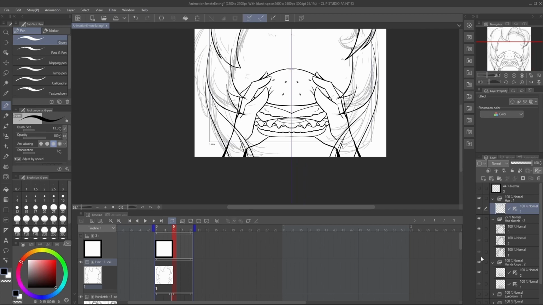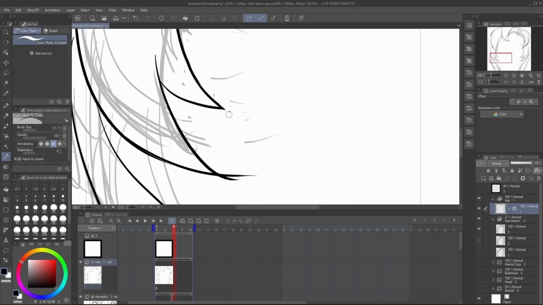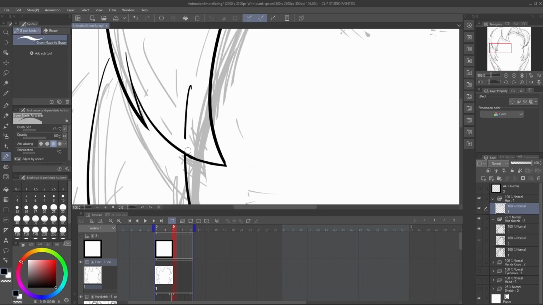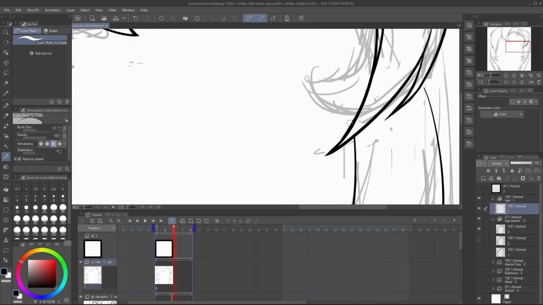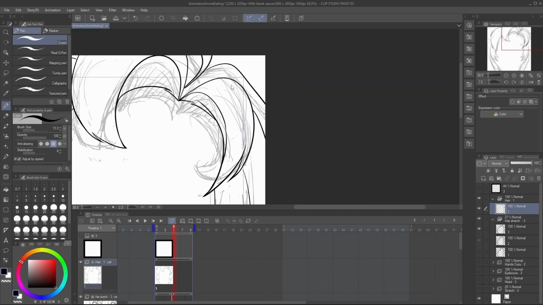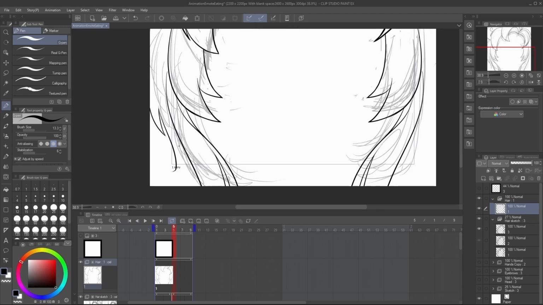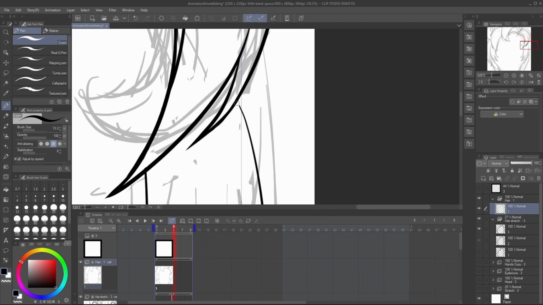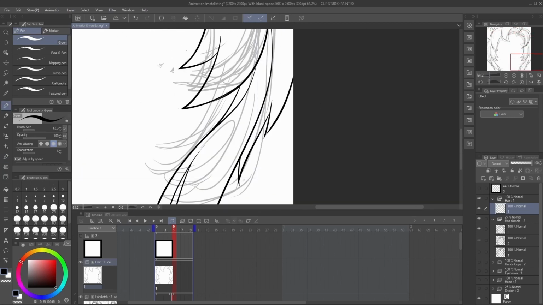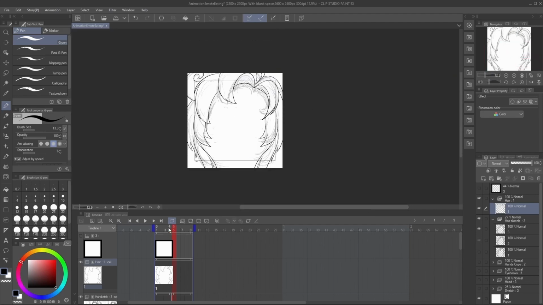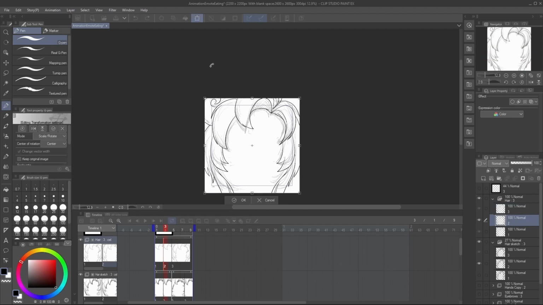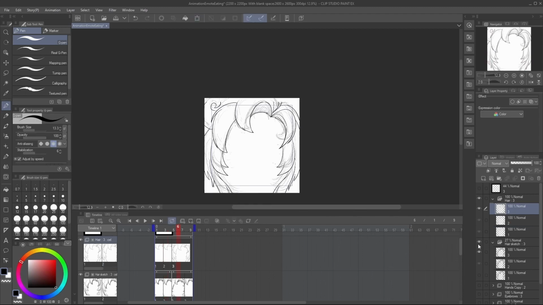So again, I dragged and dropped the symmetry ruler on this layer, and when I'm done with it, I will actually delete it. Just the ruler, not the canvas. And just go around and repair every possible mistake you have with the symmetry ruler activated, or vice versa. And here I'm just closing in the gaps, just so I can have an easier time when I'm going to color it. And when I'm done, I again duplicate the layer, rename it, add it to the keyframe, and edit